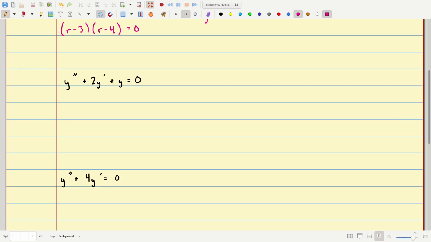Moving to the next example, we again look at this, and we're trying to find the solution of the homogeneous equation. So we write down our characteristic equation. Here we have r squared plus 2r plus 1 equals 0. And for this case, it also factors, but we see that we're going to have repeated roots here. Because we have repeated roots,